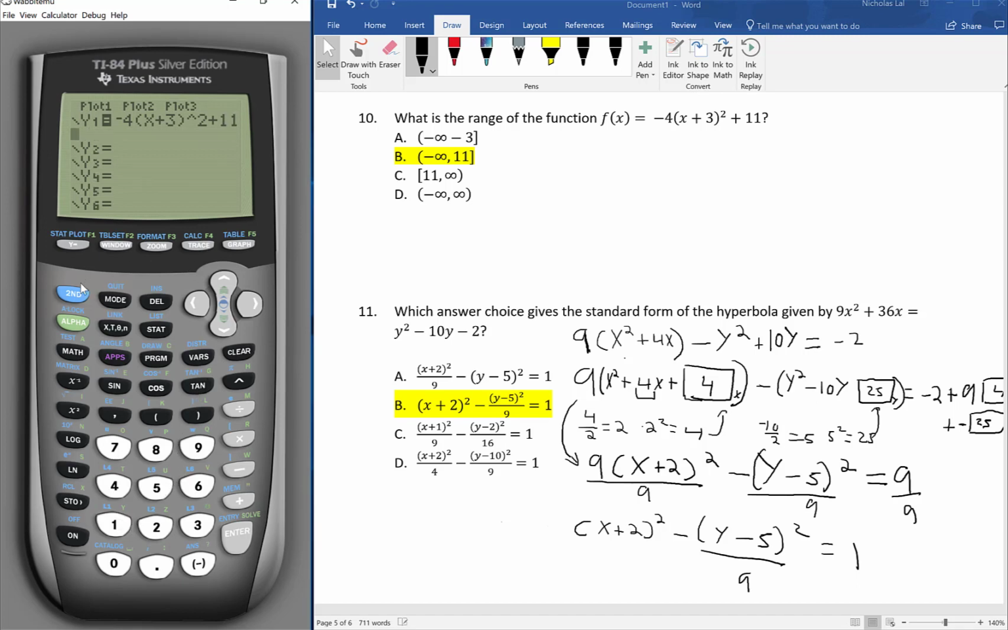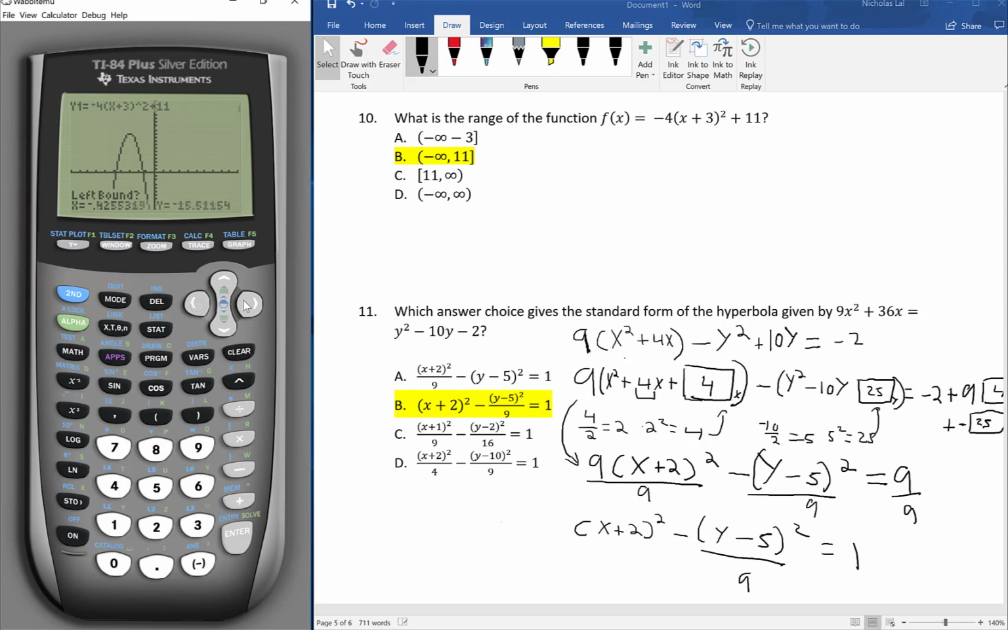All right, and then we're going to make sure our window, our y max, is not going to be as high as 100, but let's make it about 20. And then let's graph the function. So we can see that this is the maximum value right here. We can find the maximum,